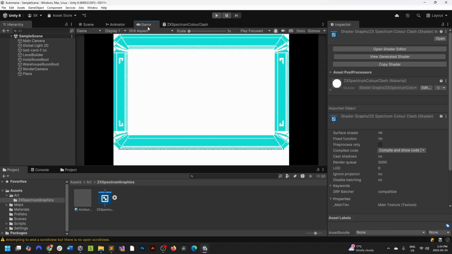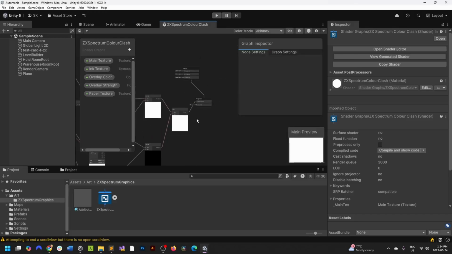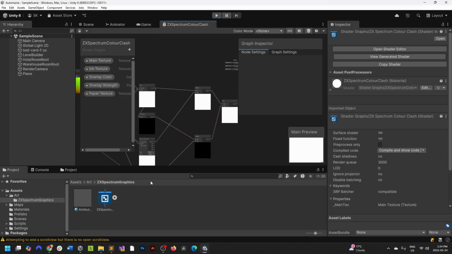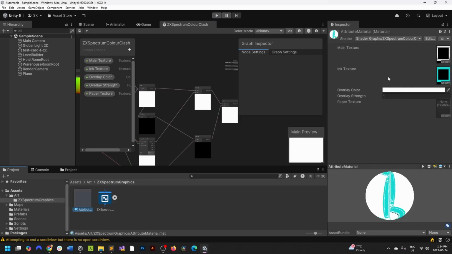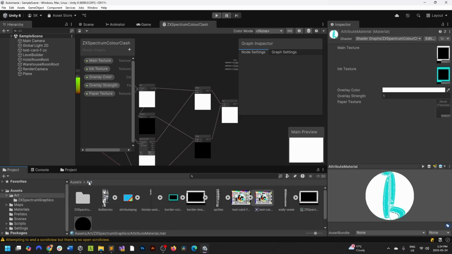Okay. All right. That is actually progress. So that's good. So right now it's white because the input texture defaults to white, I think. So if I go to here and we have our paper texture, if I drag and drop that in there, we should end up with a solid blue around there,